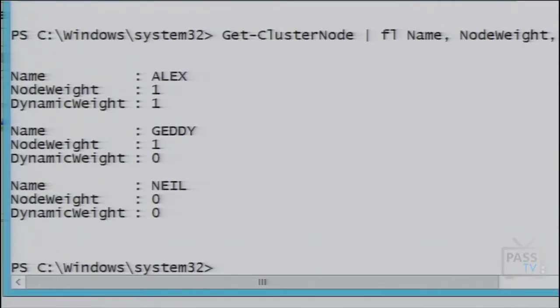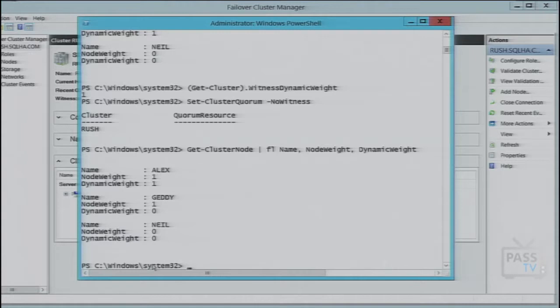Notice that Getty was given a 0. This is that tiebreaker functionality that I was talking about. Basically, it says here, okay, I've still got to be odd, and I had 2, and if I lose one thing, I might go down, so it automatically adjusts things. They mainly put this in for multi-site, but as you can see, this is how it works underneath the covers. Now, you can actually pick which node is the victim in this case. So if you look at Get-Cluster,